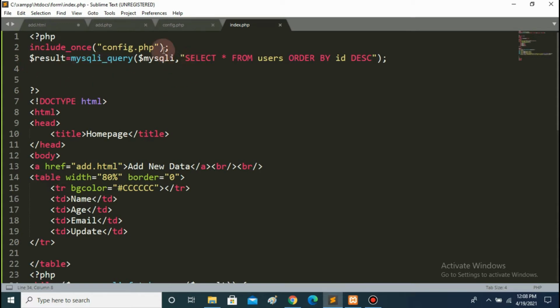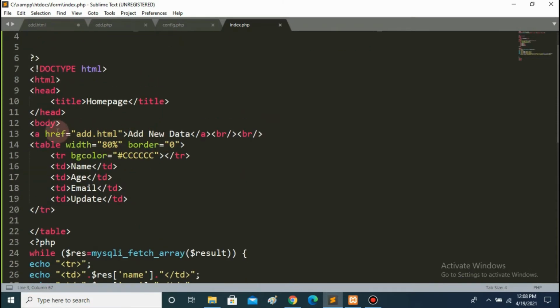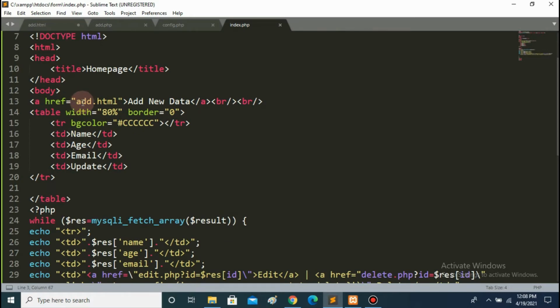Ato siyang select ang sa users tanan by order by ID descending, and then himo tag table, and nabutang tag link pod sa tong add HTML para ato ra matuplok, and then ibutang nato og background color nga gray ata na, and then